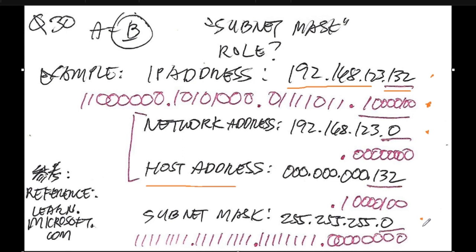So the subnet mask, its role is for us to identify the host address and also the network address based on the computations. We turn the numbers from the IP address into binary, and then the subnet mask too, and then that's why we can arrive with something like this, which gives us the values of the host address and also the network address. Okay,